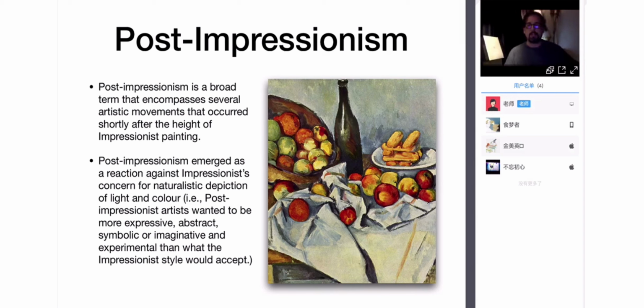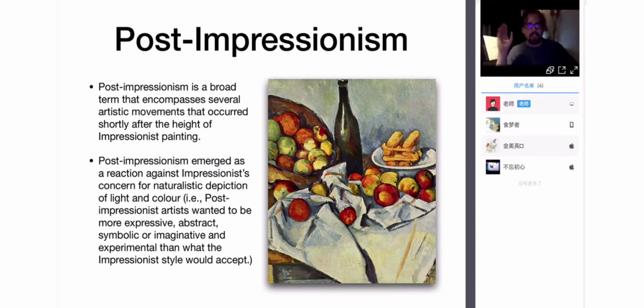So these post-impressionist painters took things to the next level. They were extremist in their impressionistic techniques. Okay, so they wanted to be more expressive, more individualistic, they wanted to be even more